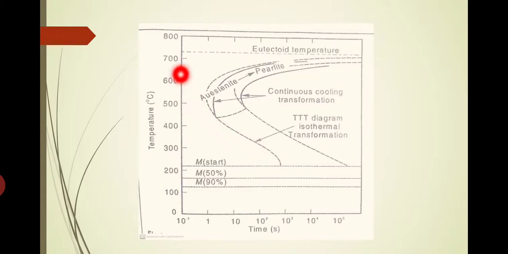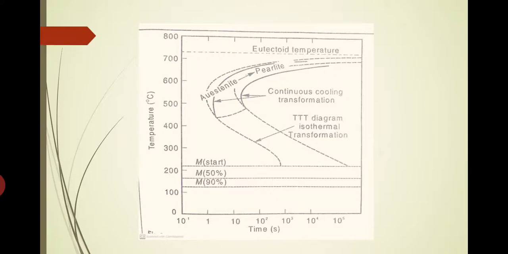If it is a slow cooling rate, then the cooling curve will be going like this. Finally we will be obtaining coarse pearlite. If somewhat faster cooling, that is air cooling, then the cooling curve will be going like this, then we will be obtaining fine pearlite. For both these curves there is a definite starting point and a definite ending point. What does it mean? That means the transformation is completed. If it has a starting point as well as an ending point, that means the transformation will take place, and finally we will have a definite microstructure at the end of the transformation.